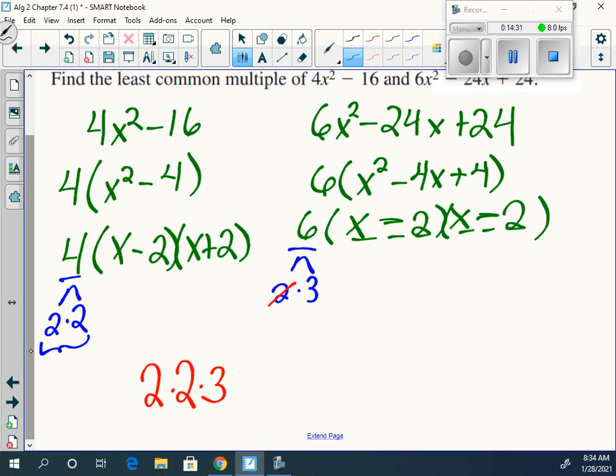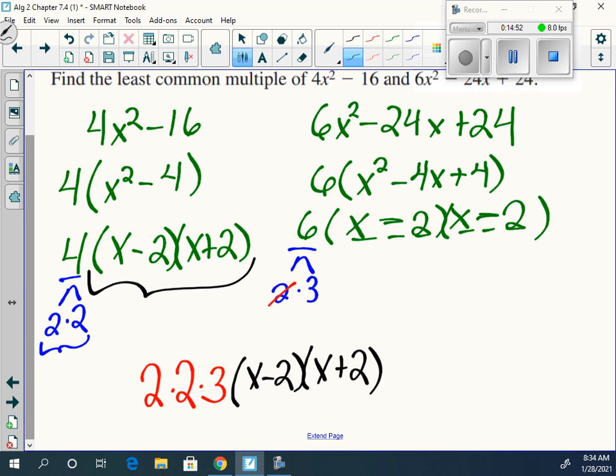Now, for the sets of parentheses, I think this is a little bit easier than numbers. Okay? So, I'm going to take everything here. X minus 2, x plus 2. I took both of those. Okay? Any questions on this so far? So we just grabbed both of these here. Now I'm going to look at the other one. So over here,